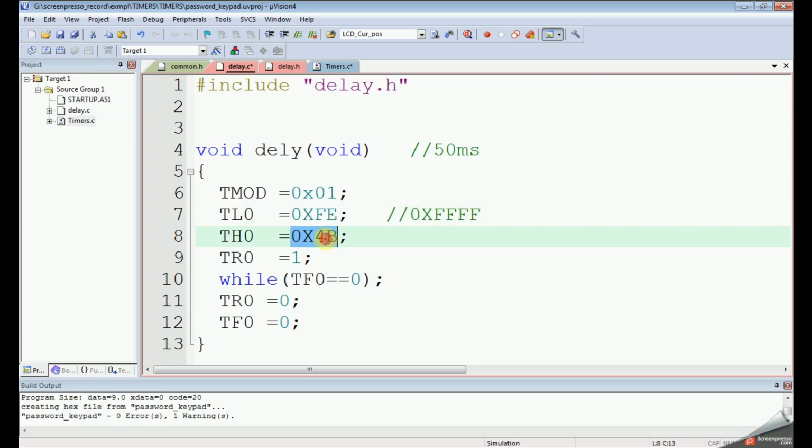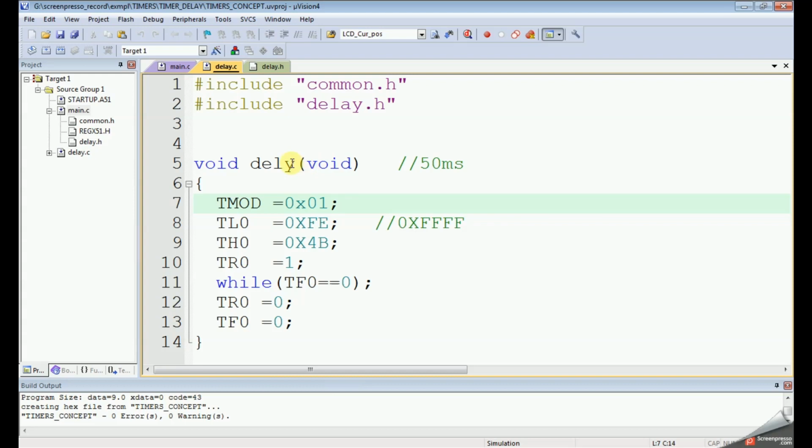Initially we are loading some values by calculation, TL0 and TH0, and this value will be counted one by one until it reaches the maximum value. Whenever you start this timer, only then it will start counting. When it reaches the maximum value, TF0 equal to 1, so the timer has overflowed, and we got the 50 millisecond delay. For the next operation we are just clearing this.